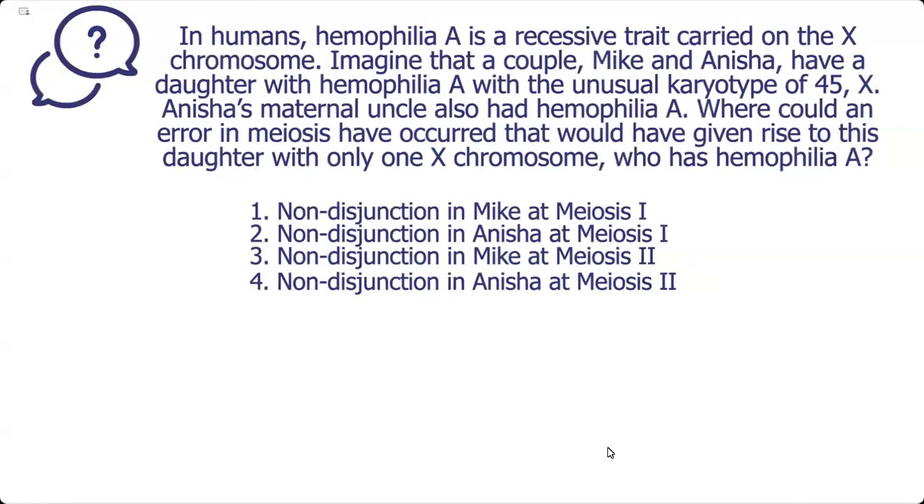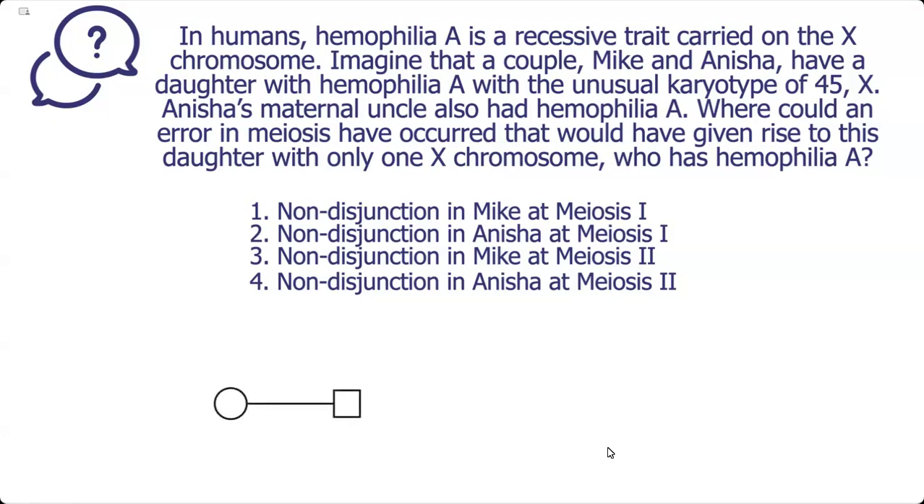The question states, in humans, hemophilia A is a recessive trait carried on the X chromosome. Imagine that a couple, Mike and Anisha, have a daughter with hemophilia A with the unusual karyotype of 45X. Anisha's maternal uncle also had hemophilia A. Where could an error in meiosis have occurred